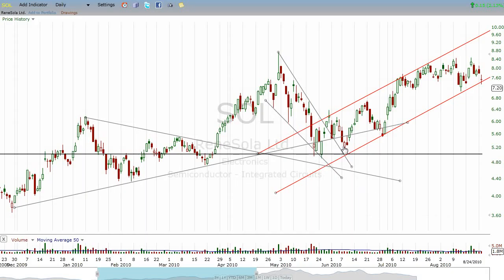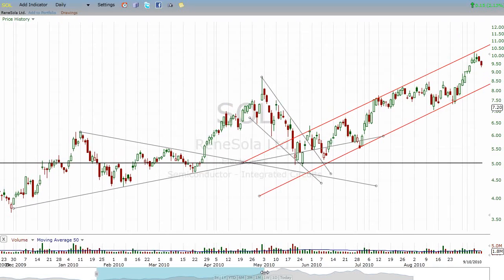And basically what I did, I'm going by memory here, I think I bought on this candle right here. Saw this line, and I snapped kind of a parallel line down here, and I thought this is probably going to be a channel. So I bought this thing in the 7s,